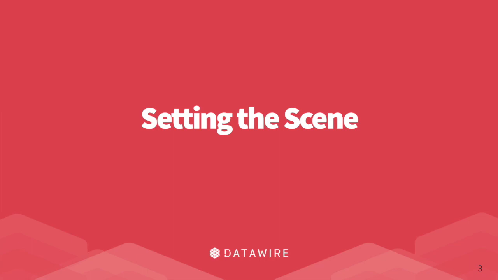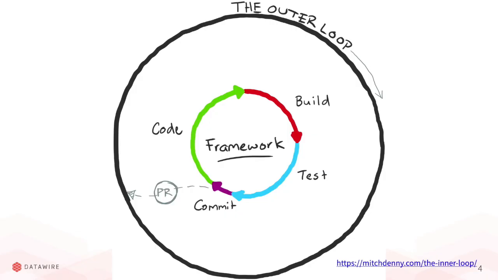So let's set the scene. Great blog post here by Mitch Denny, and he talks a lot about the inner and the outer dev loop. Now, the inner loop, as developers, we're all too familiar with. It's that code, build, test cycle. Often you're doing, say, perhaps TDD, test-driven development. You may be creating some failing tests, coding to make the tests pass, and you may be mocking and stubbing things out that don't exist yet. Or perhaps those things are in a remote cluster or running somewhere else. You can't access those dependencies, so you mock and you stub.